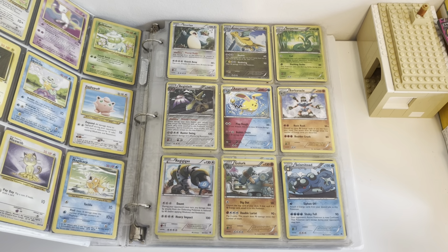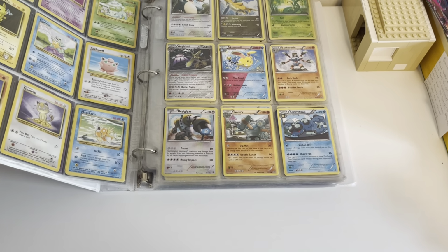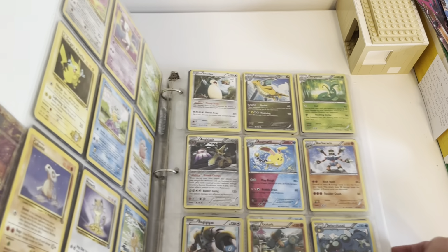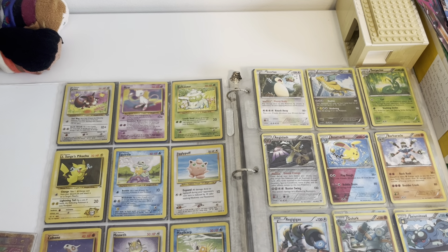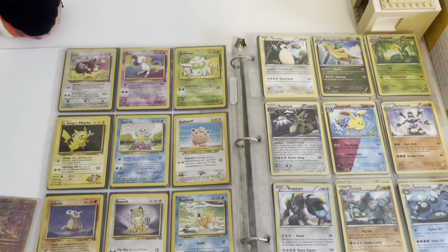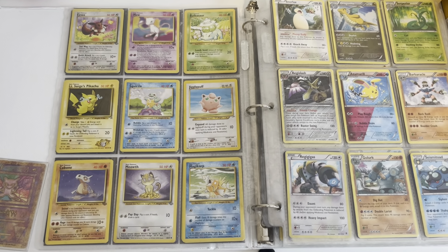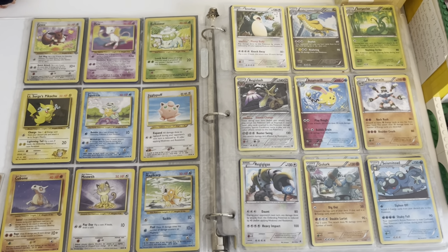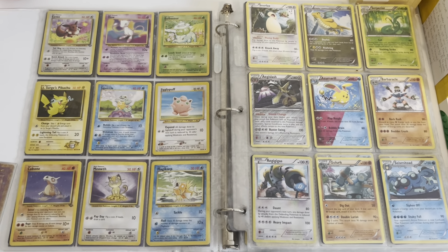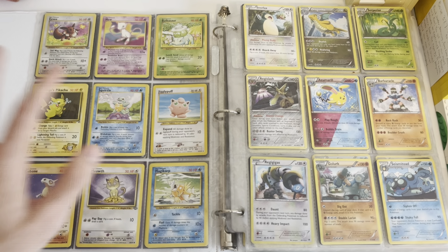Now over here, this is interesting. I have a lot more 90s cards than I used to. And the 90s cards are more nostalgic, obviously. Most of them are worth a little bit more than the standard cards. So here's a lot of the cards. Hopefully you can see both of them. Let me move this to the middle so you can see that. Hopefully the quality is good. I want to focus your attention on the